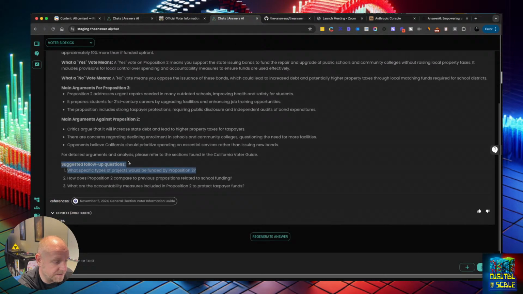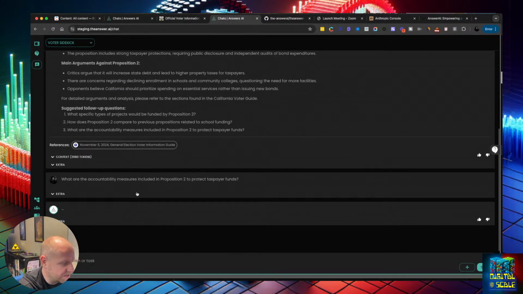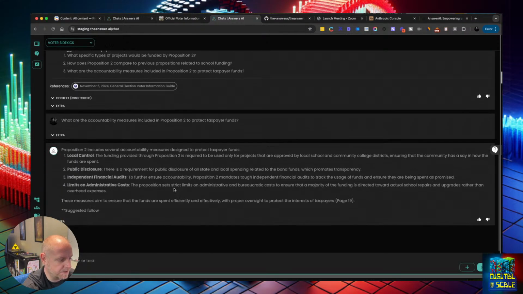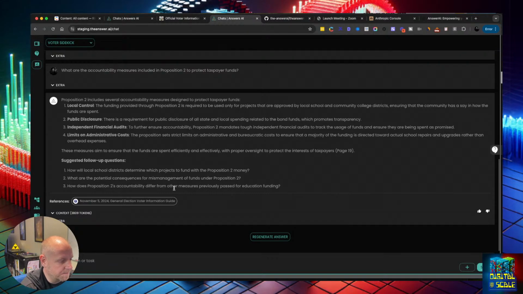So it also asks a few follow-up questions like, what specific types, or what are the accountability measures? So that's a good one. A lot of these usually say, good for schools, but what are the accountability measures? Where are those dollars going? So let's put that in here. So here you can actually research how it is going to be held accountable. So there's local control, there's public disclosure, independent financial audits, but this is where you can also use AI to